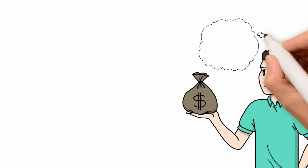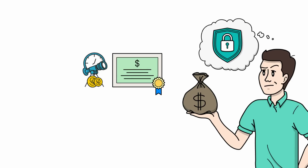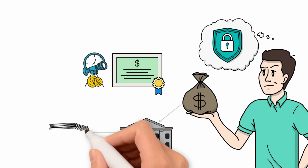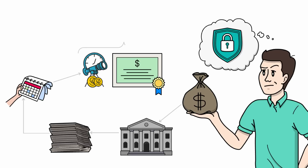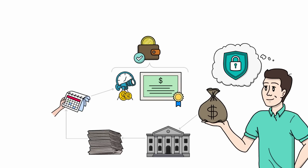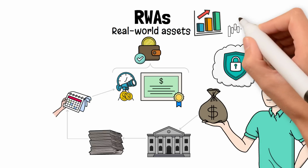Imagine you want to put your money somewhere safe, maybe in US government bonds or a short term investment fund. Normally, you'd have to go through a bank, deal with paperwork, and wait days just to get started. Now imagine doing all of that right from your crypto wallet. That's the big idea behind real world assets, or RWAs, and it's one of the biggest shifts happening in crypto